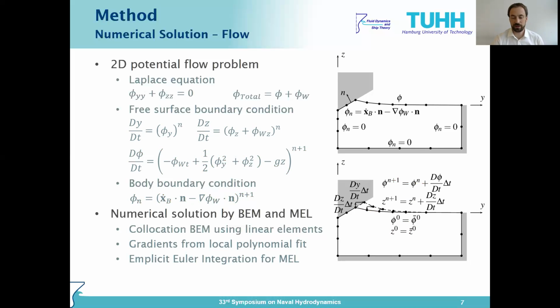Note that the shape of the free surface is computed explicitly, but the value of the velocity potential is determined implicitly. So this is kind of an implicit Euler treatment. This partially implicit treatment is motivated by the solution of the equations of motion, although a fully explicit treatment is